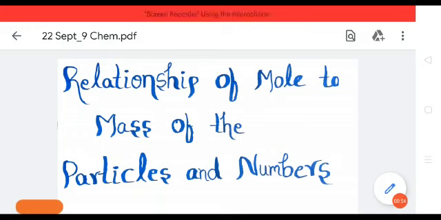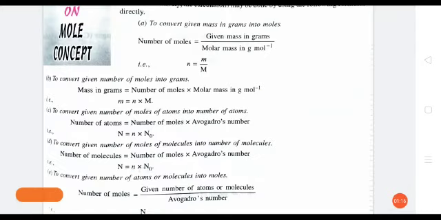Today, as we have completed this topic theoretically, we will see some calculations related to the mole concept in terms of mass, number, and volume. So, my dear children, these are some formulas which we have to use while performing numericals. Wherever the requirement is there, we have to pick up that formula and use it in our questions and get the solutions. So, learn these formulas thoroughly.